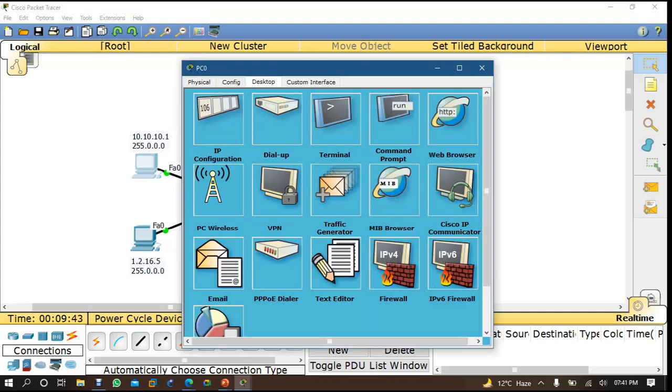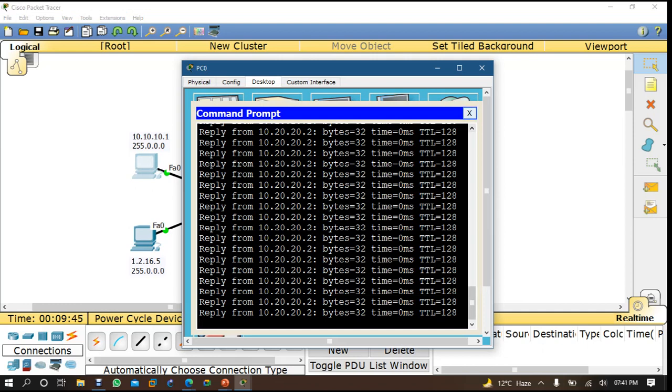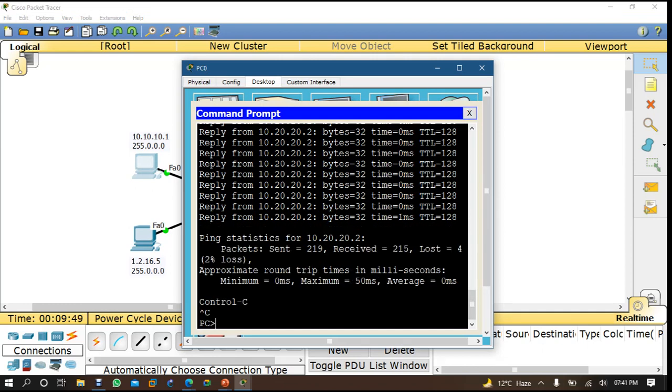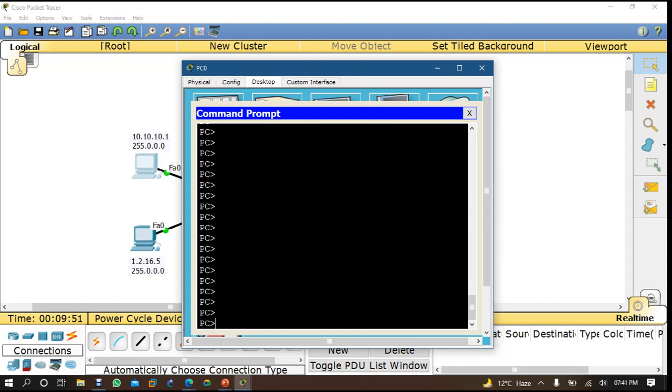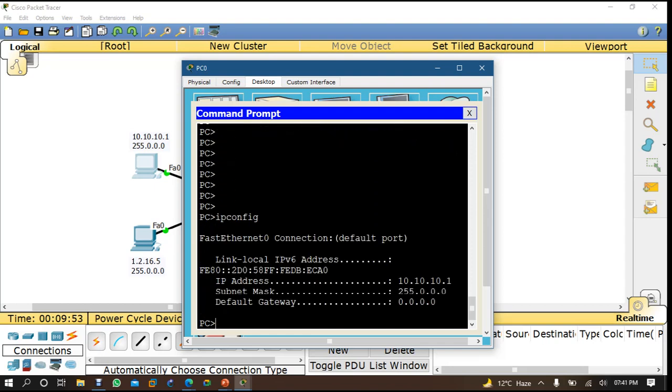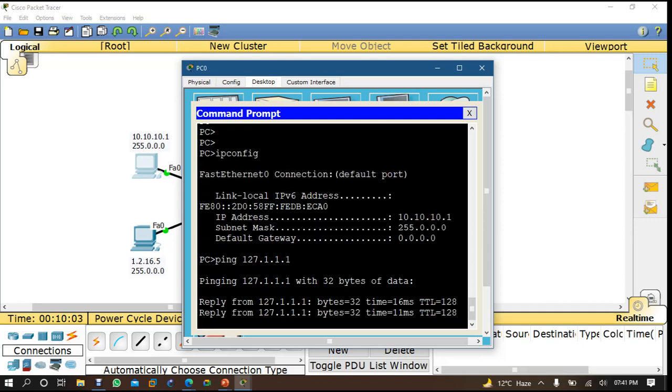Now see my IP address. If I check here, I will type ipconfig. My IP address is 10, but still if I'm using 127.10 or 1.1.1, my system will ping that IP address.